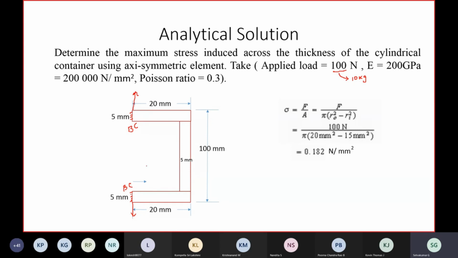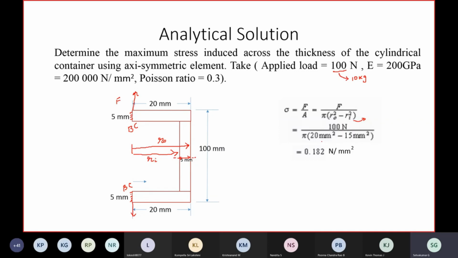Again, if I am applying the force F, the area resisting will be this one. This will be the area which will be resisting the force. This area you can calculate by using a formula like this. This will be the center. This is going to be your R naught, the outer radius, and this will be the inner radius, Ri. By knowing this, the circular cross-sectional area, the formula is pi r square. This portion is hollow, Ri is hollow, therefore it is subtracted.